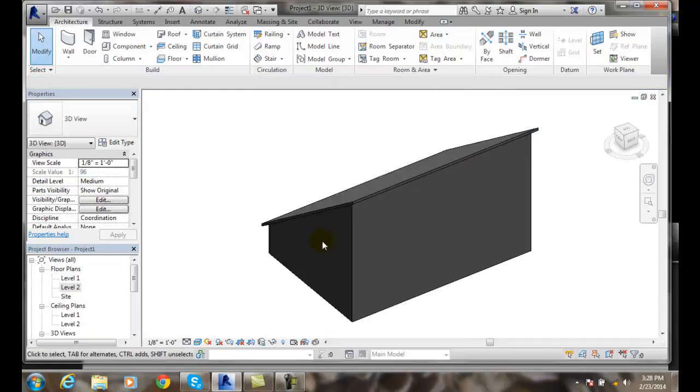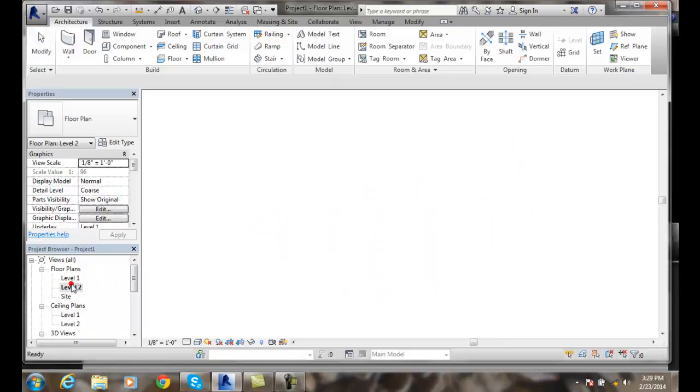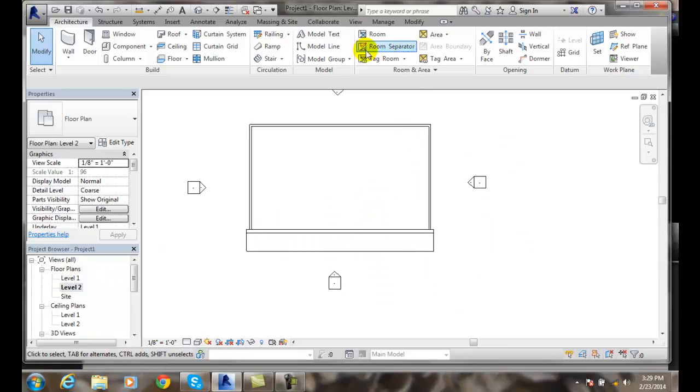If I want a flat roof, I just uncheck the define slope on all 4 sides, and that gives me a flat roof. So we can modify our roofs by footprint, and at that point create any kind of roof we want. We also have a few things we should probably take a look at. If I go back to level 2